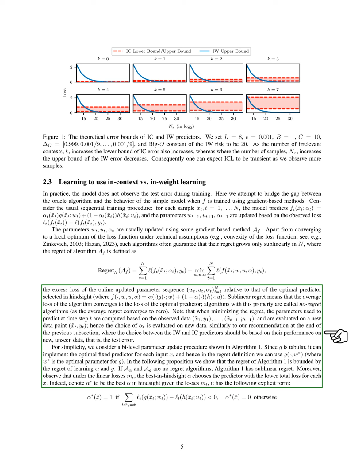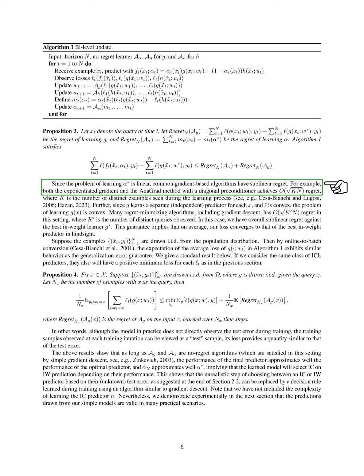We show that the regret of our algorithm is limited by the regret of learning the parameters. If the algorithms we use for learning these parameters have no regret, then our overall algorithm will also have sublinear regret. We also note that under linear losses, the best choice of parameters will minimize total loss for each input. We define the optimal parameter choice based on the observed losses. Our algorithm satisfies certain conditions that ensure sublinear regret, which is achievable with common gradient methods.